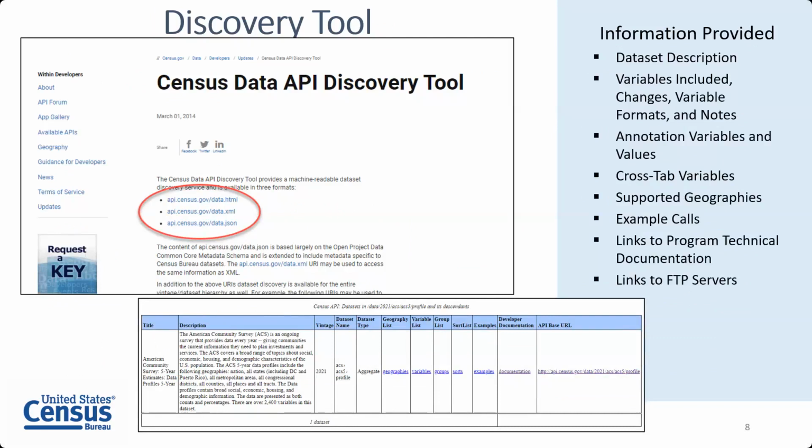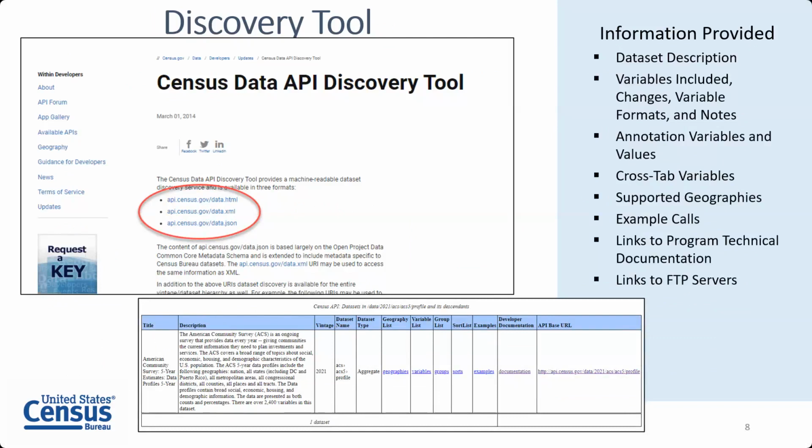Coming back to this discovery tool though, this is where you can browse all the data sets that are available. I want to caution you though that the discovery tool is going to initially show you over 1,300 individual data sets that are currently available all on the same page. So it can be a little bit overwhelming and hard to quickly find exactly what you need if you're a new user to the API, but we do have an alternative that you can use that's a bit easier, a bit more user-friendly that we'll talk about next.